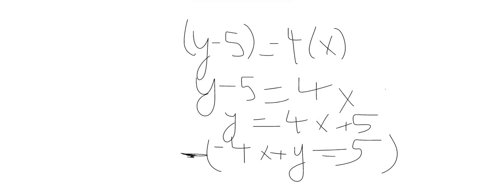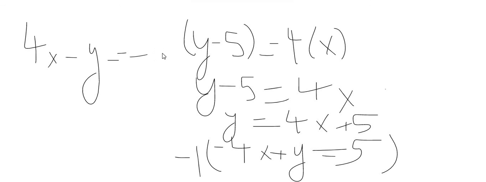Remember, we cannot have a negative for -4x, so you multiply the whole thing by negative 1, and it would become 4x minus y equals -5. Okay, so that's how you move from point slope to standard. And you cannot directly move from standard to point slope. What you have to do is first move from standard to slope intercept and then move it to